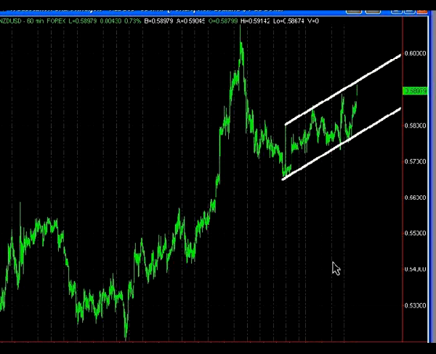The first chart is the Kiwi dollar. As I mentioned in the last report, this channel line that has formed in the pair, I was mentioning how we might enter at the lower support line and look to exit at the upper resistance line. So hopefully you are able to get in on that trade. Right now I would have no position.